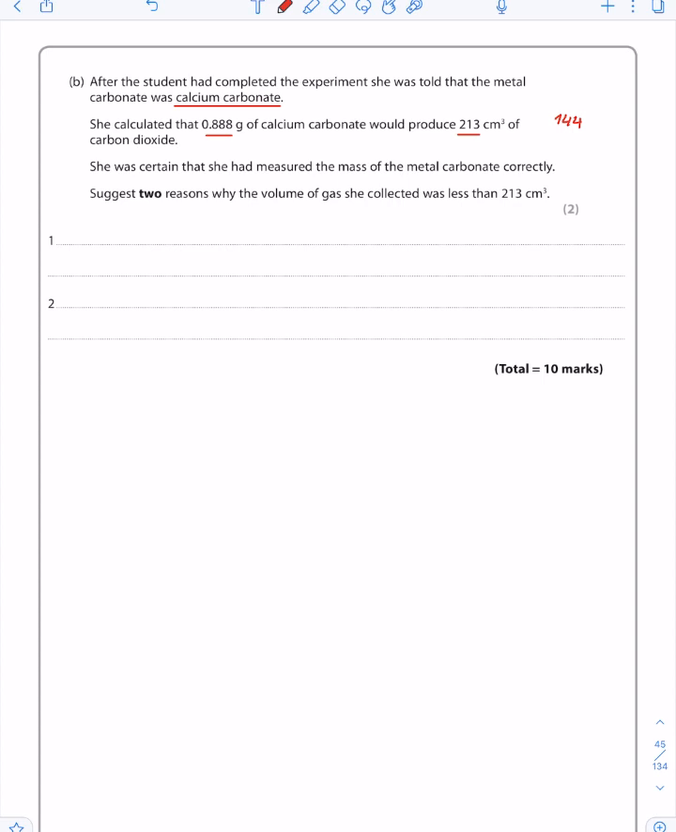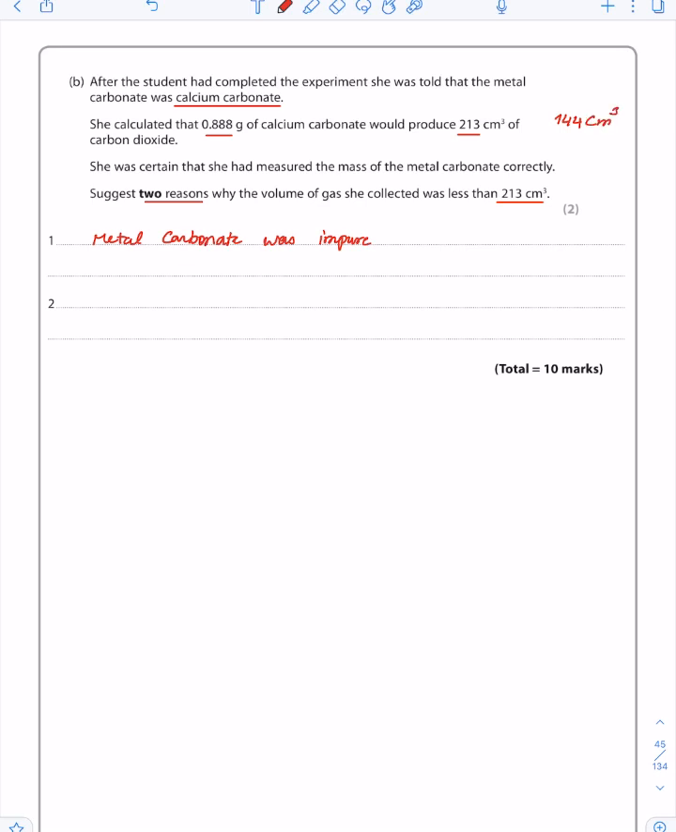She was certain that she had measured the mass of the metal carbonate correctly. Suggest two reasons why the volume of the gas she collected was less than 213 cubic centimeter. يعني ليه حجم الكربون دايوكسيد اللي هي عملت لها collection أقل من 213؟ أول حاجة احتمال تكون الميتال كربونات اللي هو الإكس كربونات used was impure. يبقى هنا metal carbonate اللي هو الإكس كربونات was impure وعشان كده ما طلعش كربون دايوكسيد الفوليوم 213 طلع 144